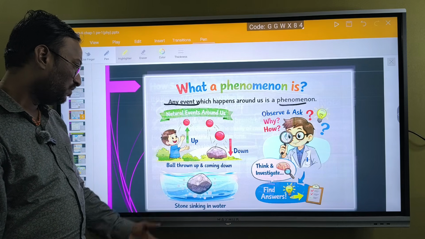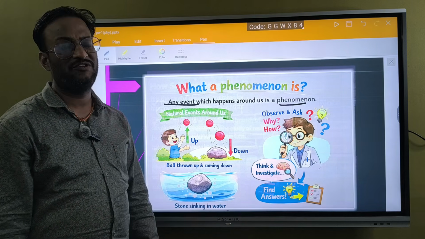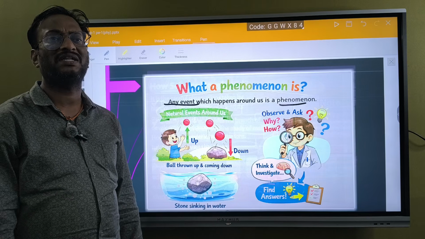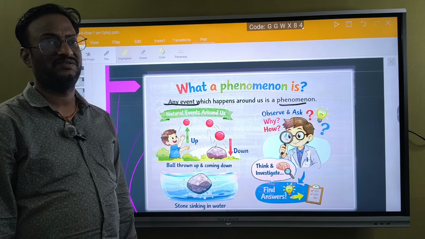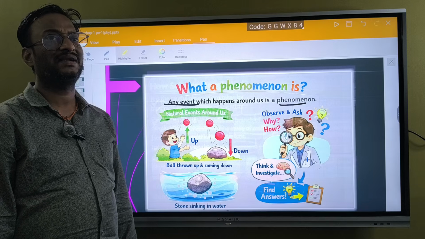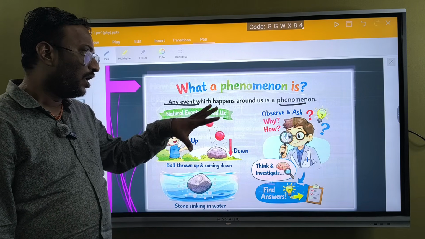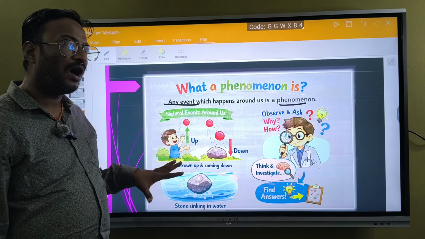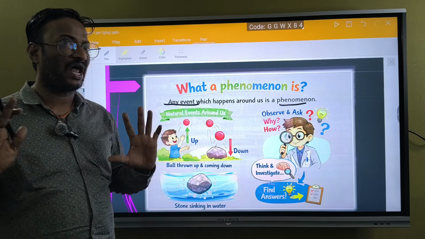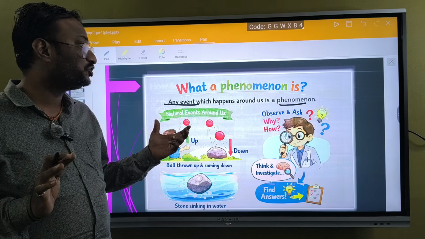Okay. So, stone sinking in water. If you drop a stone inside the water, it will sink. It will dip inside the water. Why does it sink? You have to think about all the situations that are happening around us, and we should observe